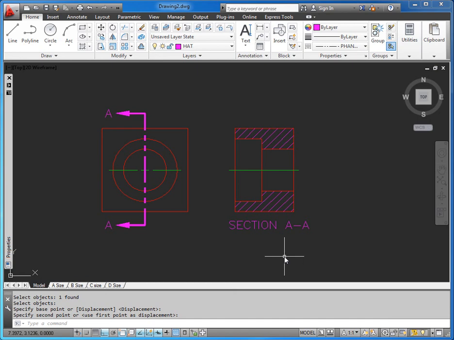Now of course I would go ahead and place all my dimensions to finish this view up, but hopefully this video will give you a good understanding and sound skills to create your cutting plane lines and add section lines in the